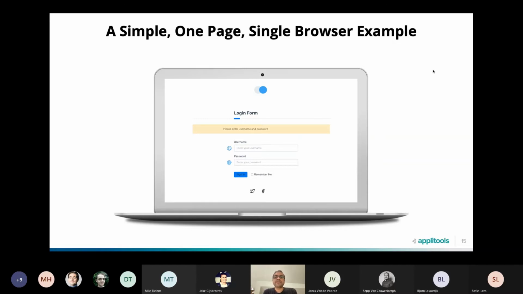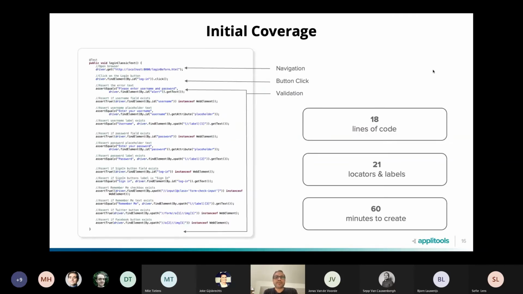So if I have to write a simple Selenium based script for this, I would potentially end up writing one line of navigation, one line of button click, and then there is a lot of validation code that we write to make sure that we are seeing the correct error messages in the correct style over there or not. Now that's a lot of code, lot of locators that are required for a very simple test. And this test, to top it off, takes a long time to create as well. It takes almost an hour to create this because you have to identify the locators. You will run the test multiple times, make sure each and every assertion is going to work correctly,